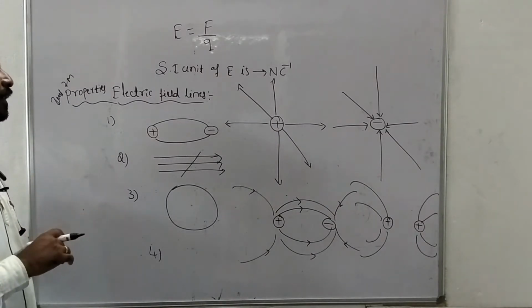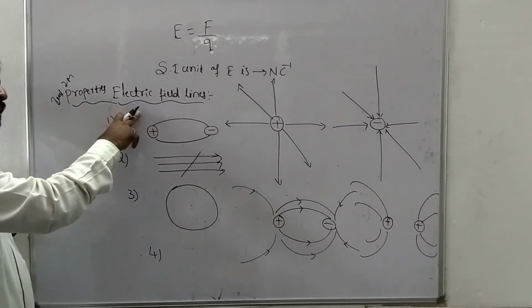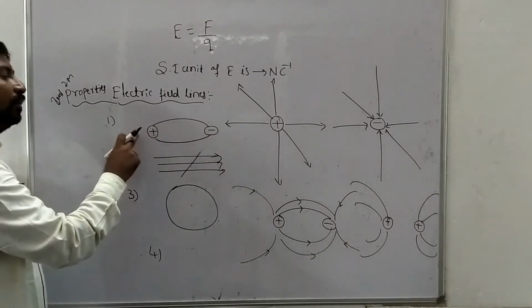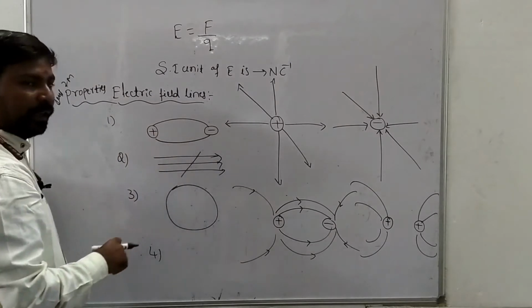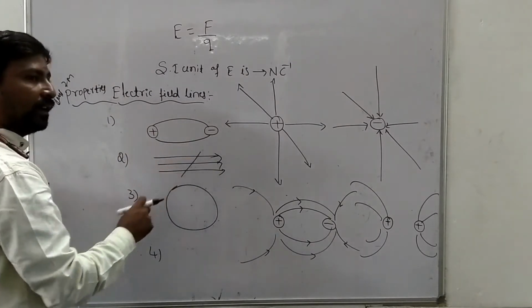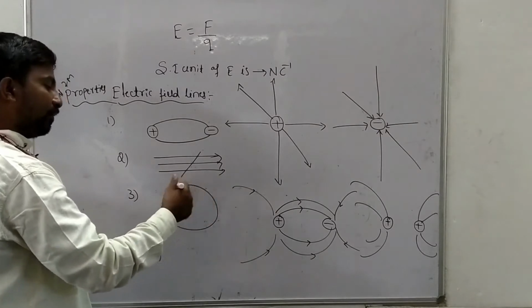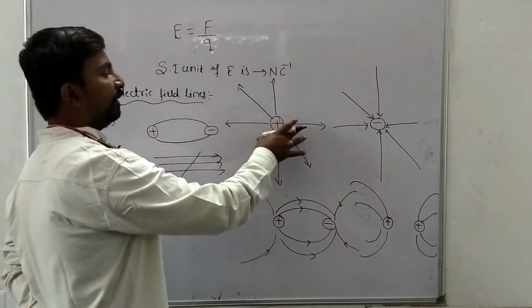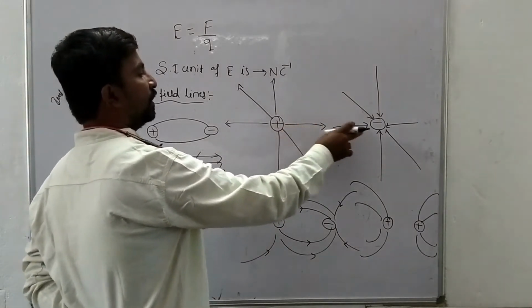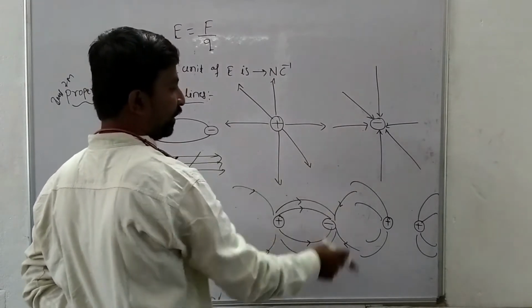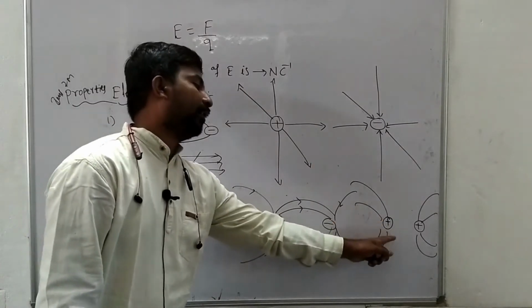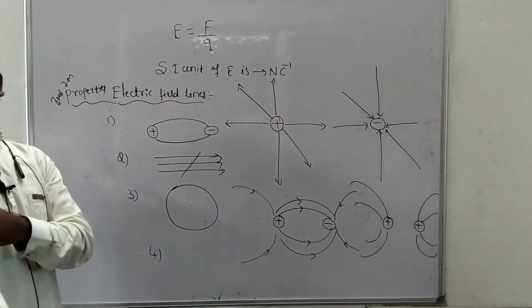Very important. Electric field lines are the imaginary lines drawn along the motion of an isolated positive charge. The properties: they always start from a positive charge and end on a negative charge, they cannot intersect with each other, they do not form any closed loop, and they do not pass through a charged conductor. Draw the diverging field lines around a positive point charge, the converging field lines around a negative point charge, and the field lines around two equal and opposite point charges and two equal positive point charges.